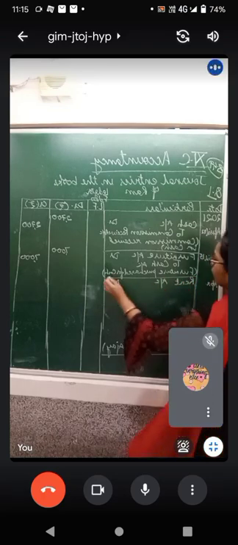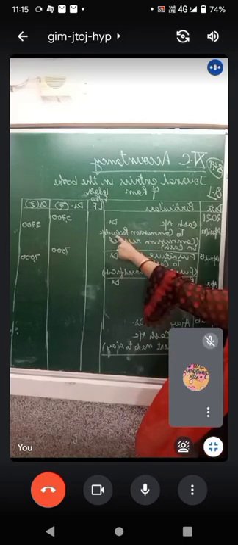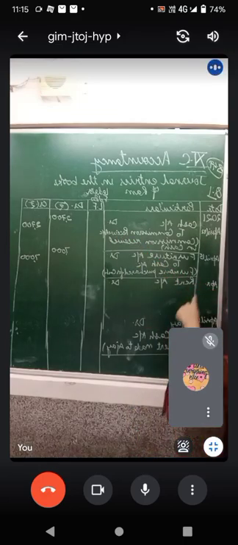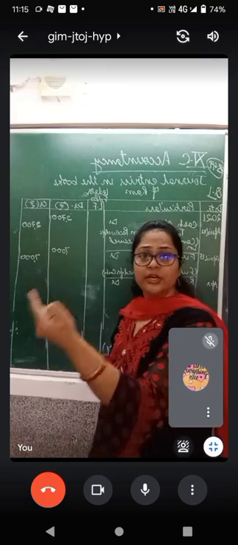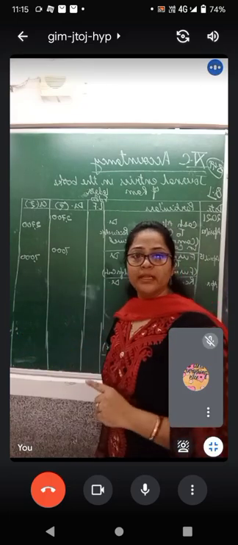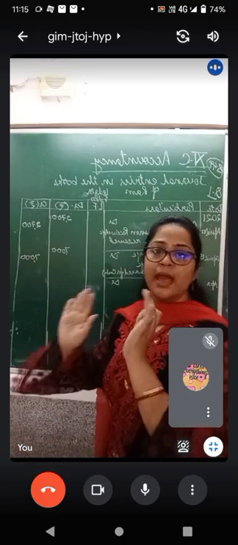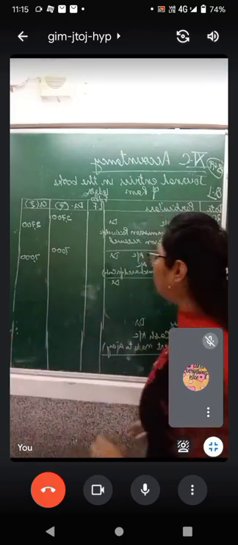Rent account debit. I repeat, when it is received, you write received. But when we write only rent, it means that it is paid rent. Received rent भी हो सकता है. But in this case, this is the rent that you have paid because you are crediting cash, and cash is credited when it goes out from the business.